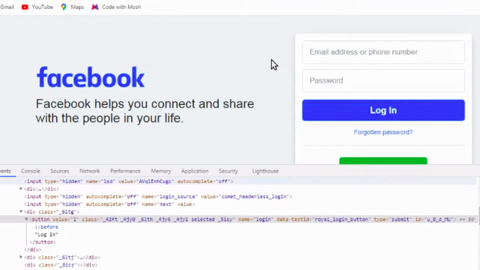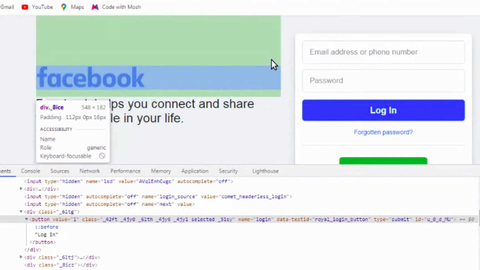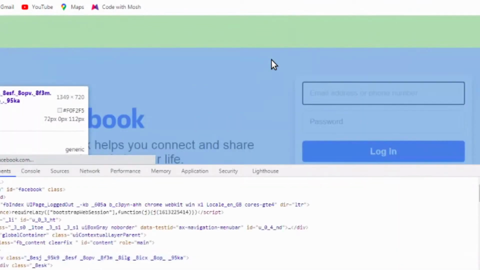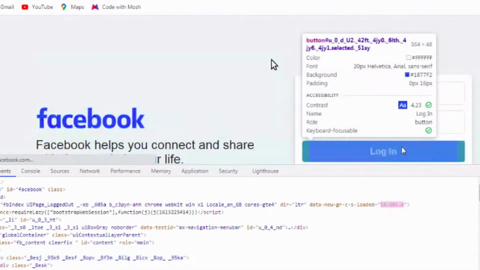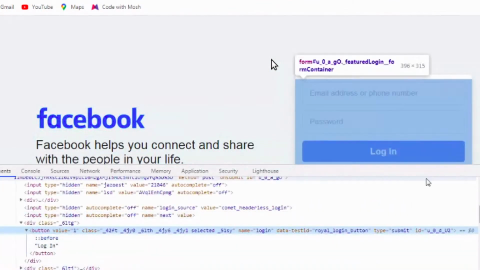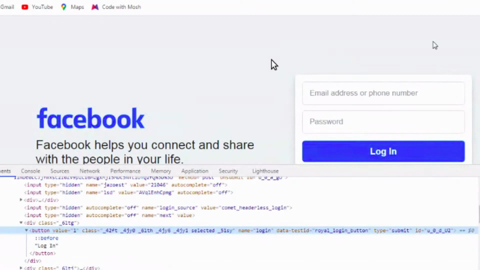It is a kind of functionality that is implemented by Facebook. If it is happening with you too, just clear your browser cache and your cookies, and then again open the facebook.com page. Let me do it in incognito.